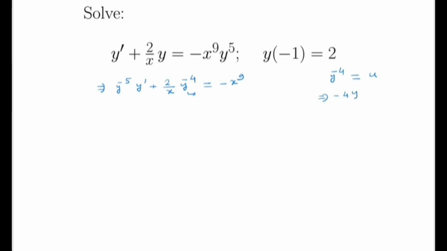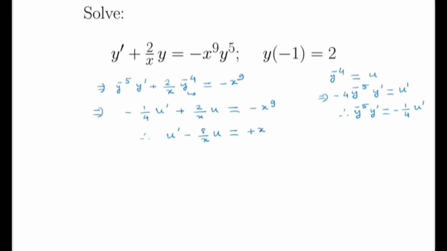So we get minus 4 y to the power minus 5 y prime is equal to u prime. So we have y to the power minus 5 y prime is equal to minus 1 by 4 times u prime. So by substituting, we get minus 1 by 4 u prime plus 2x u is minus x to the power 9. So by simplifying, we get u prime minus 8 by x u is equal to x to the power 9. So note that we convert the Bernoulli's equation into a first order linear